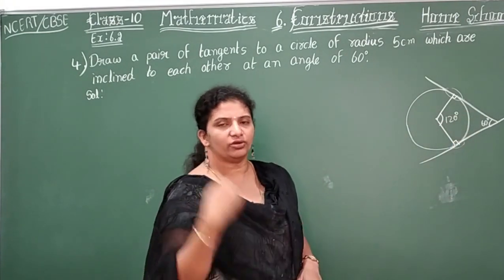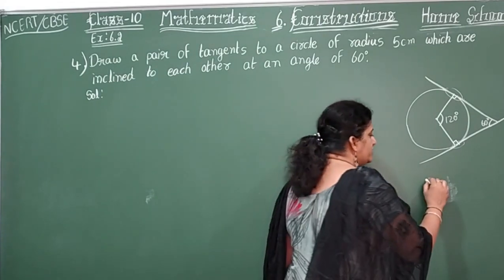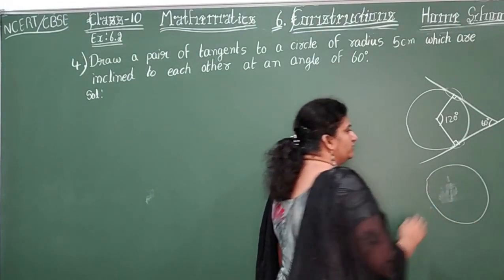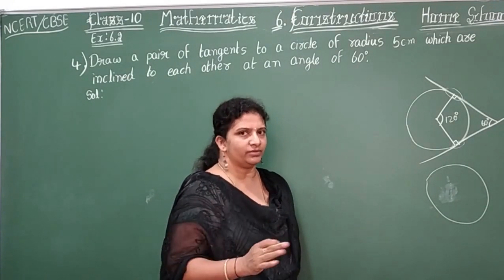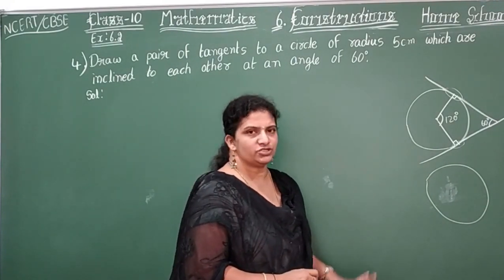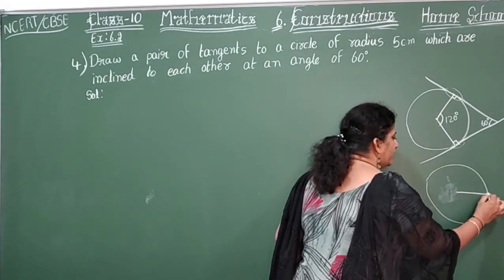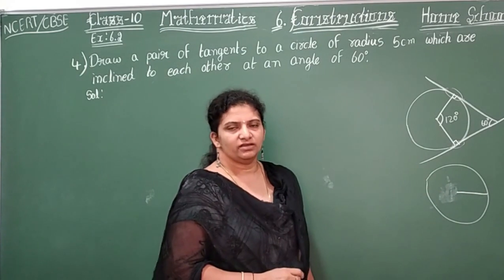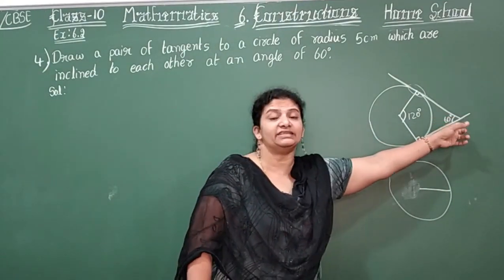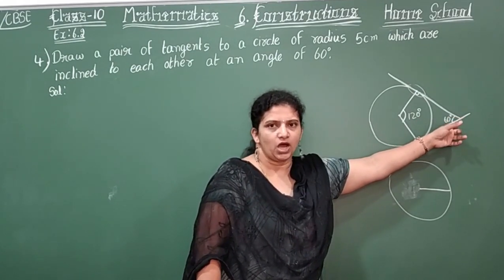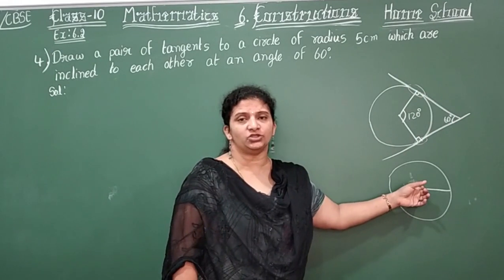First, what we are going to do, look here, let me show you carefully. First, draw a circle. Two methods I am saying here, children. Whichever method you are comfortable with, you can go with it. So first, draw a circle. Then draw from the center any one radius. You should not take 60 here. The angle between the tangents is 60. Okay, here 60 means the angle at the center should be how much?